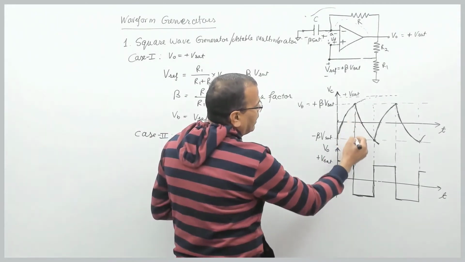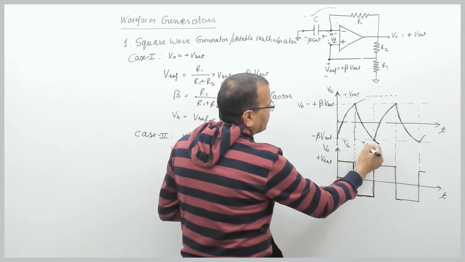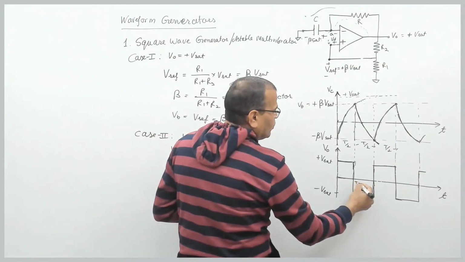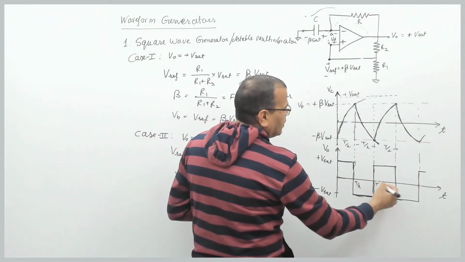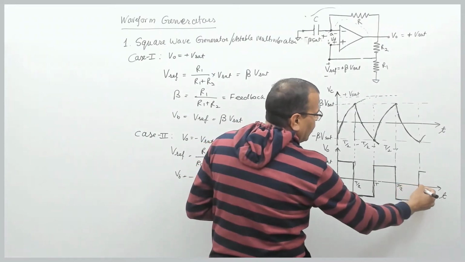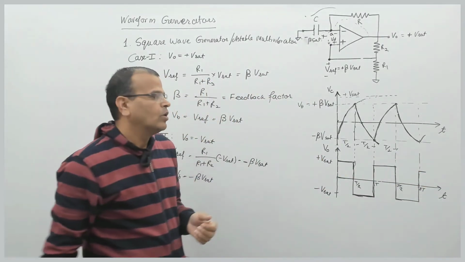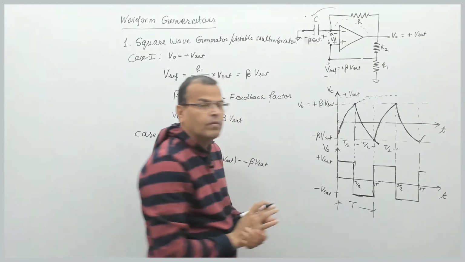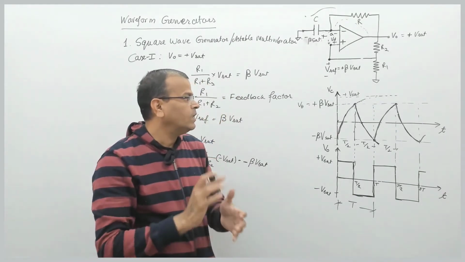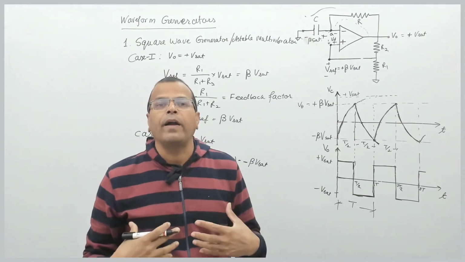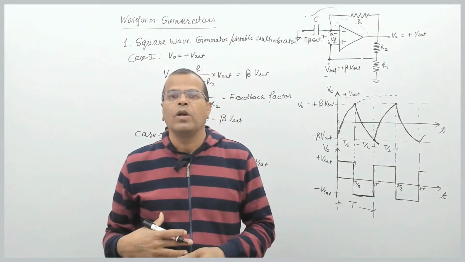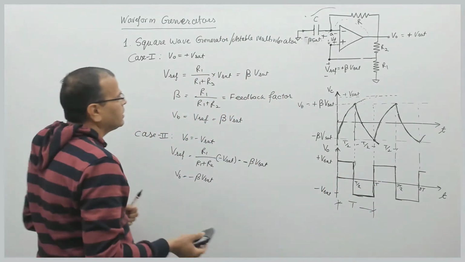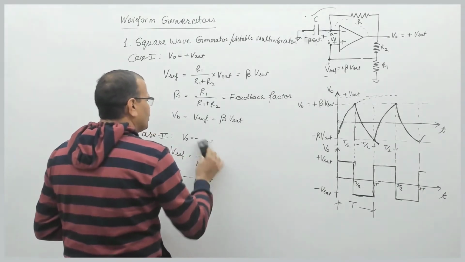This part of the cycle is suppose T by 2, this part of the cycle is T by 2, this part of the cycle is T by 2, and so on. So this is T by 2. If you talk about this is T, this is 3T by 2, this is again 2T, and so on. So what is the period of this square wave? The time period of the square wave is capital T, right? So sometimes I have to find the time period of the square wave, or maybe the frequency of this wave, right? So let us talk about the time period of the output voltage of the